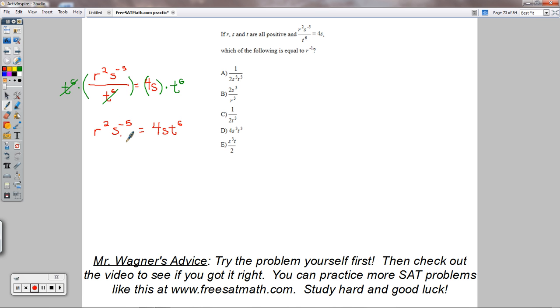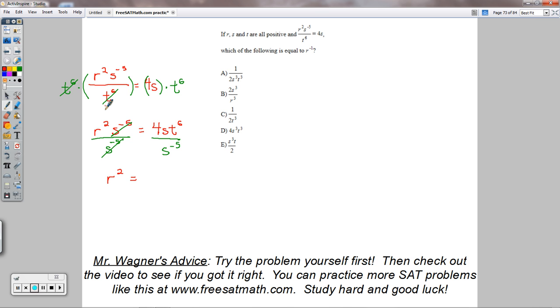Now I'm trying to get r again by itself so that I can just take the reciprocal of that to get my final answer. So here, if I were to divide by what it's multiplied by, so I divide by s to the negative fifth power, these two things would cancel. Something divided by itself would just be 1. And so I'm left with r squared